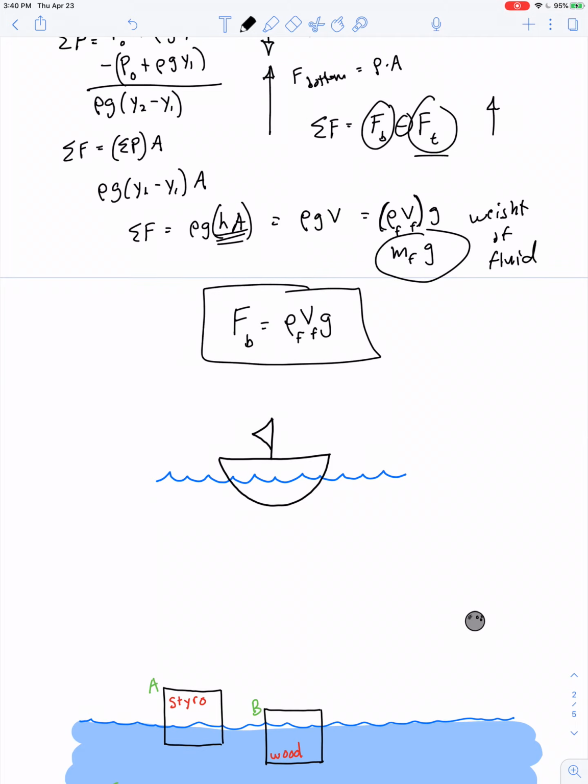Back to a floating boat. What if there was a bowling ball sitting in the boat, and then you dump the bowling ball overboard? Splash. What happens to the boat? Well, yeah, it's going to sit a little bit higher in the water now, isn't it? The boat will come up. The question is, how much higher will the boat sit in the water? Well, enough that the difference in the volume of water displaced would have a weight equal to the weight of the bowling ball itself. Okay.